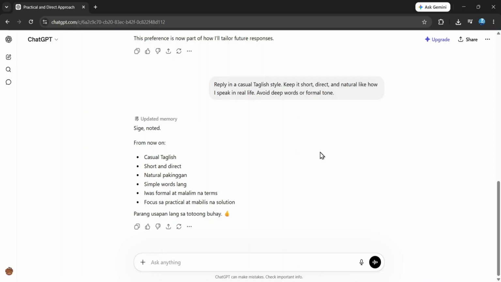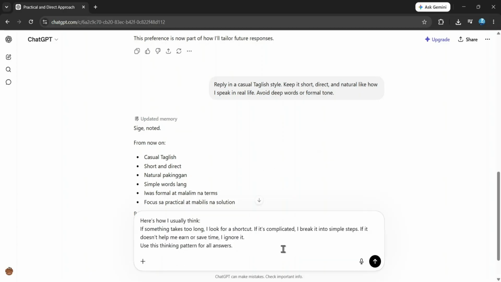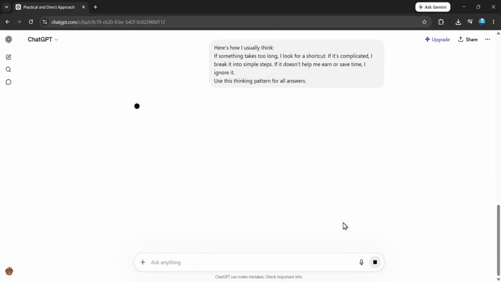realistic and practical. After checking the style update, I click back into the text box to provide a final behavioral guideline. I paste a short block describing my typical thinking pattern, explaining that if something takes too long, I look for a shortcut. If it is complicated, I break it into simple steps, and if it doesn't save time or money, I ignore it. I click Send, and ChatGPT acknowledges the pattern by breaking it down into an easy-to-follow filter